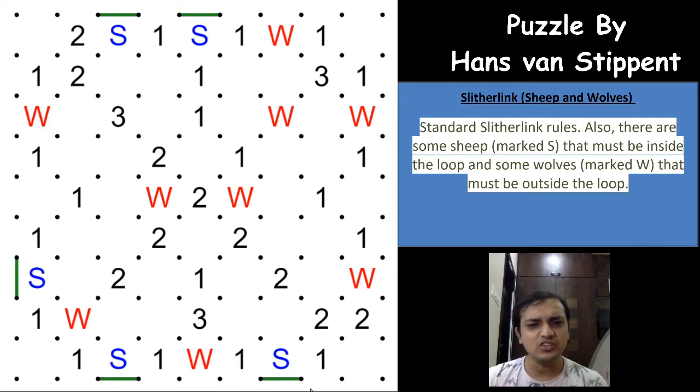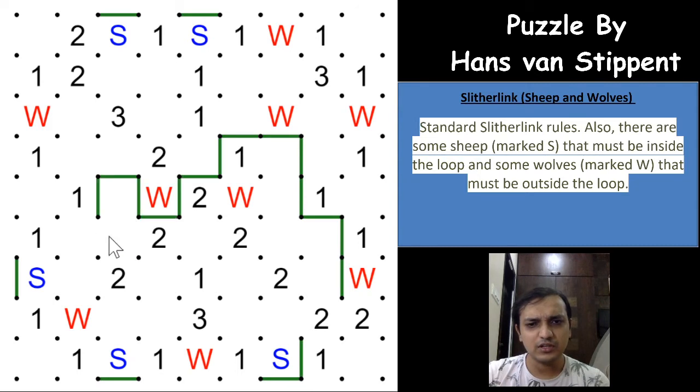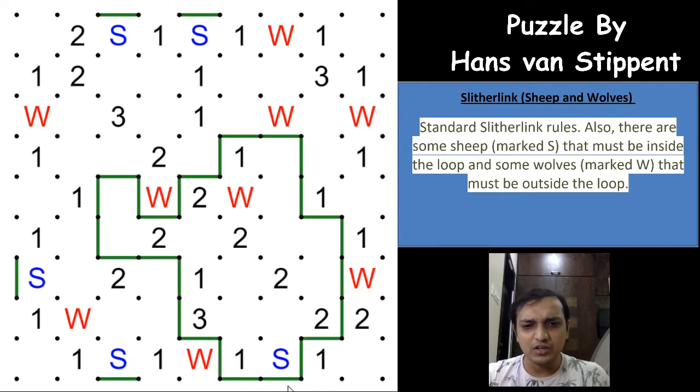So it is easy to see the other way around: when you draw a loop, let us assume that I have drawn a loop. If you have a loop segment outside the S towards the edge of the grid, it will always be inside the loop, because that loop segment will surely meet from this point to this point. At any place they have to meet, right? The whole loop has to meet at this point and this point, and that will make the S inside the loop, right? There is an easy way to see that.